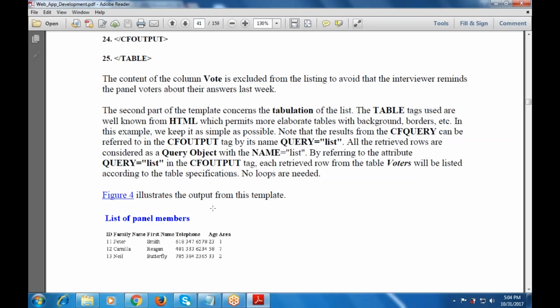So these are given as headings, that is the TH. Then we have to insert the data by using the ID, family name, first name, telephone, age, and the area. Again next part. So these three parts will be used as a family name, as